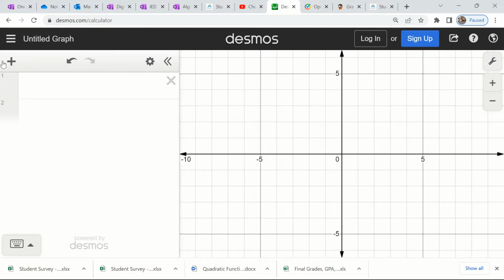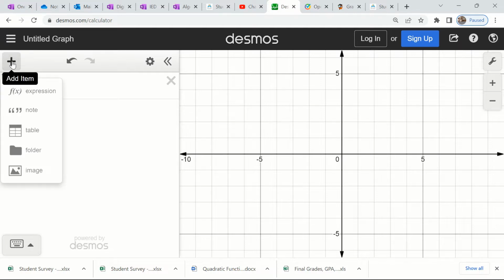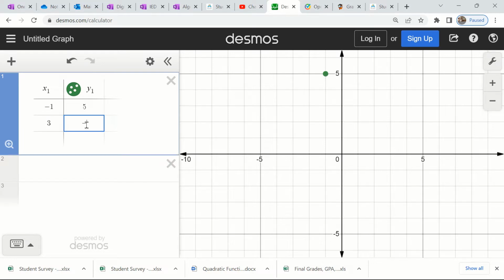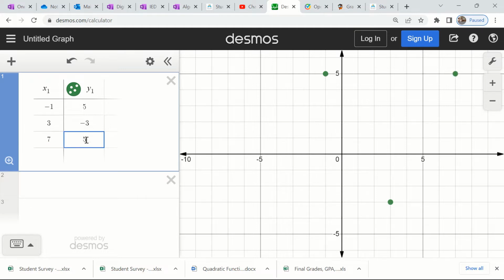Over here on the left where you see the plus sign, if you click on that, it will give you the option to add an item. And in this case, we are going to add a table. That's going to allow us to plot the points that we know are on our function or on our graph. So for this example, we are going to use the points -1, 5, 3, -3, and 7, 5. And you can see over here that Desmos plots those as I enter them into the